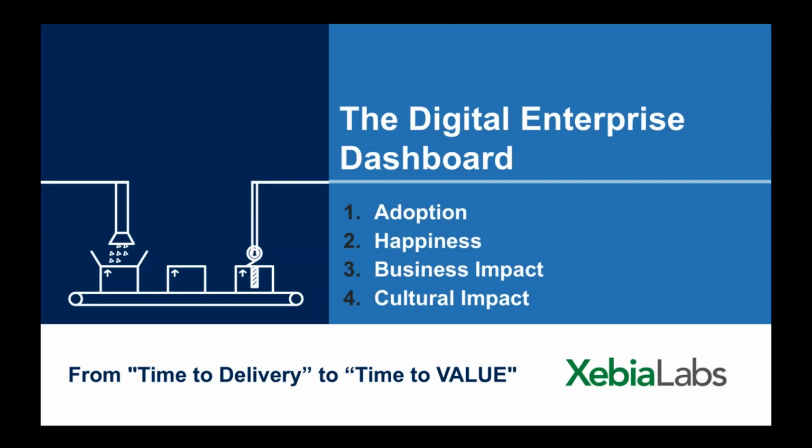We're going to look at this thing called happiness, right, which is kind of vague and scary when it comes to thinking about software that I'm building. We live in the world of ones and zeros, and thinking about this fuzzy thing called happiness or consumer contentment can be really challenging to us. What do you measure there? And then there's the business impact and the cultural impact, which are really at the heart of making the case for the DevOps transformation that you're doing. So let's drill right into these.